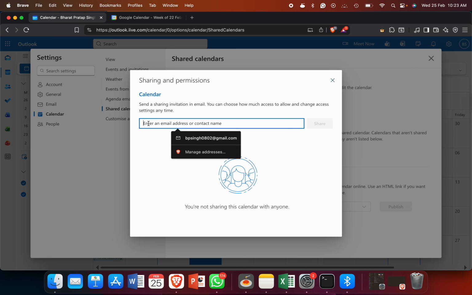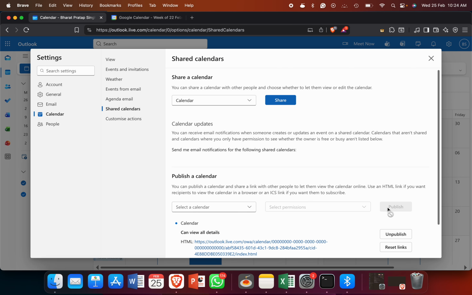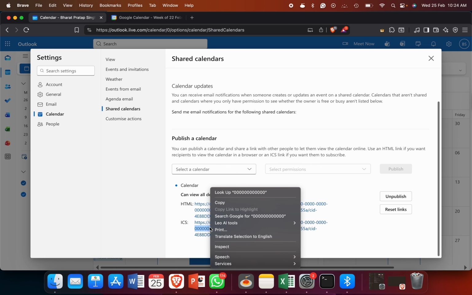If you want to directly share with the mail, so you just enter the email, otherwise you go here and here you again select the calendar, then select permissions. Okay, I choose the second one, then click on publish. After clicking on publish, here you see that you have a lot of things like unpublish your calendar, reset the link. Okay, when you get these things, you copy this ICS link, so just right click on it